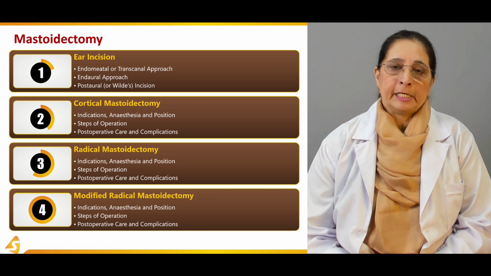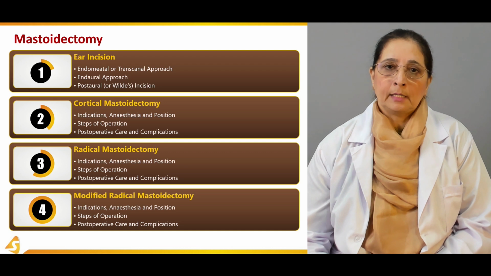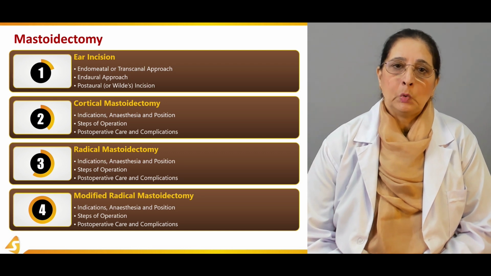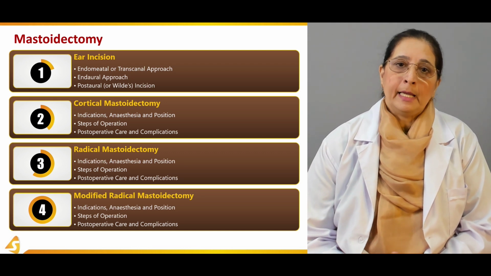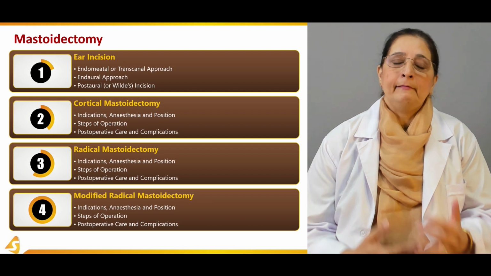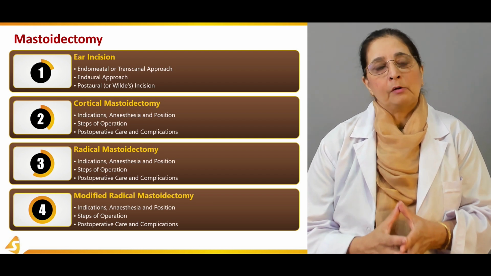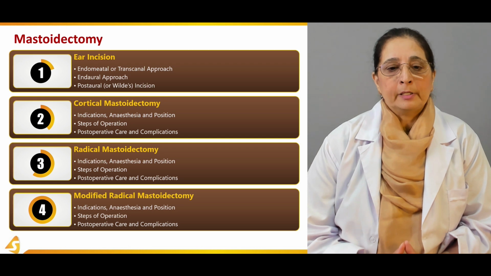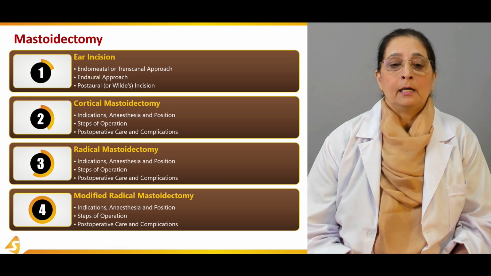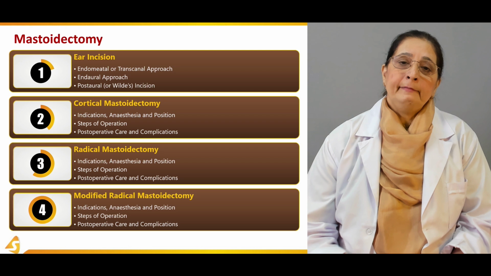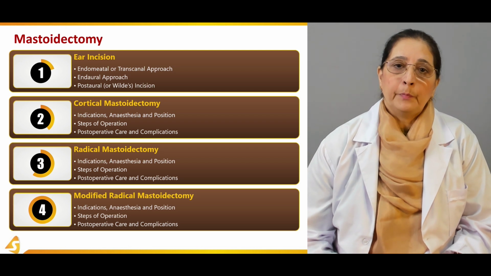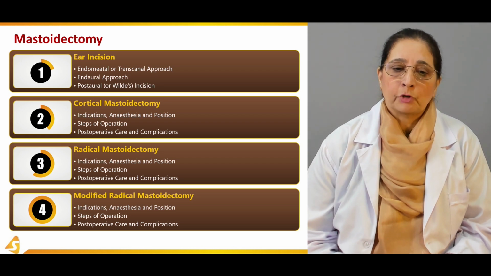Then in the third section, we will talk about another type of mastoidectomy known as radical mastoidectomy, and again we will discuss the indications of radical mastoidectomy, anesthesia, position. Then we will talk about steps of operation of radical mastoidectomy,